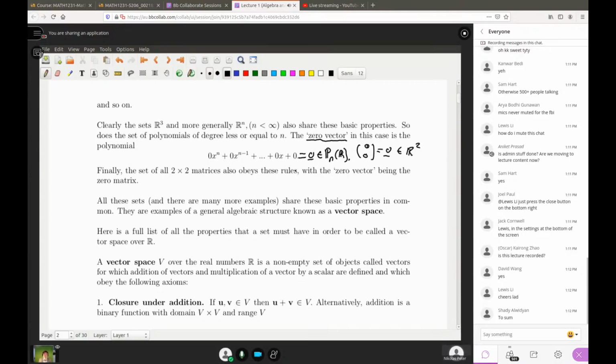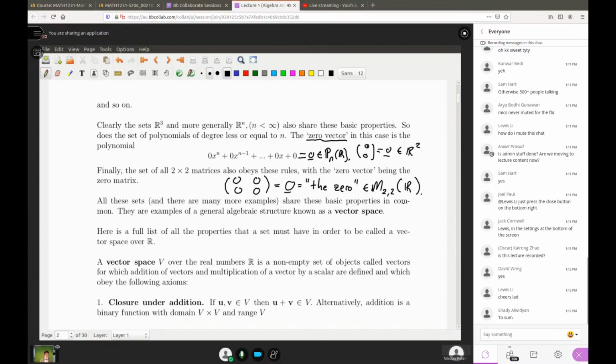You could also talk about the set of 2 by 2 matrices. They also obey the rules of addition. You can scalar multiply matrices. And the zero, what does the zero look like in the space of matrices? Looks like a box of zeros. In this case of 2 by 2 matrices, it's just a box of zeros. That's equal to the zero. Maybe I'll even put in brackets the zero in the space of matrices, 2 by 2 with real coefficients.